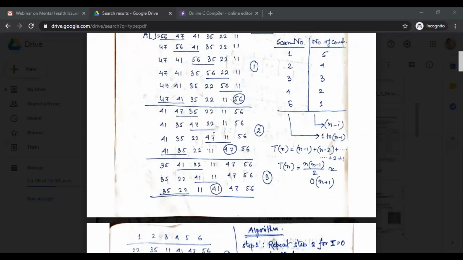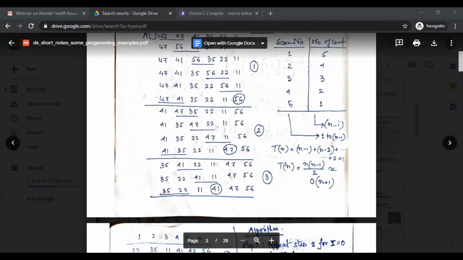Again, move on to the second pass. In the second pass, we start from this line, we do not move on to this part, okay? 56 is already placed. Now again, starting from the 0 and 1 position, because this is the existing part of my array.